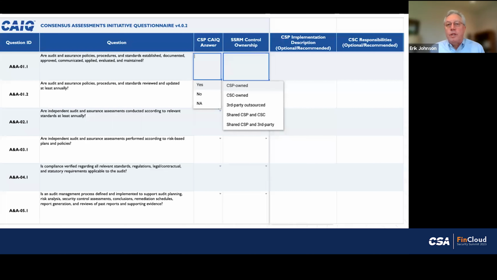And then there's two additional columns, which are optional but very important, where the CSP describes how they implement the portion of the control they're responsible for. And this is the most important one from the perspective of you, the customer, understanding what your responsibilities are, or at least understanding the CSP's guidance for that. Like I mentioned earlier, you may decide to change or tailor that a little bit, based on your environment, your decisions about what services you're implementing, how you're architecting your environment, that sort of thing. But that's a very important first step of the initial guidance in the SSRM.